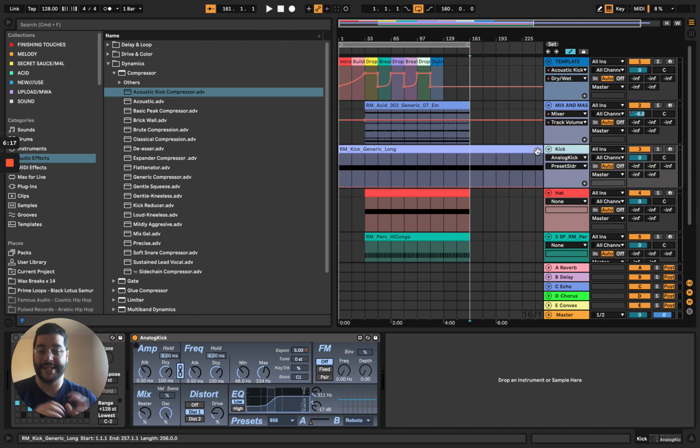And it basically analyzes analog kicks, and it makes them from scratch using a combination of 808s, sine waves, oscillators. Sounds a bit like this. I'll give you a quick preview. It's a nice punchy